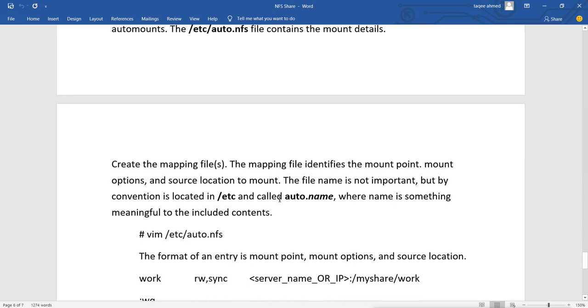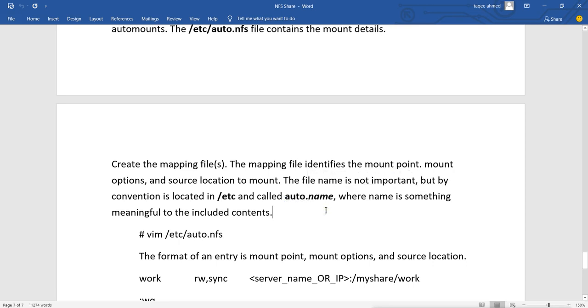Here also the file name is not important, but by convention it is located in /etc. The file name is not important, but it is called auto.name, where name is something meaningful to the included content, but it must start with auto.